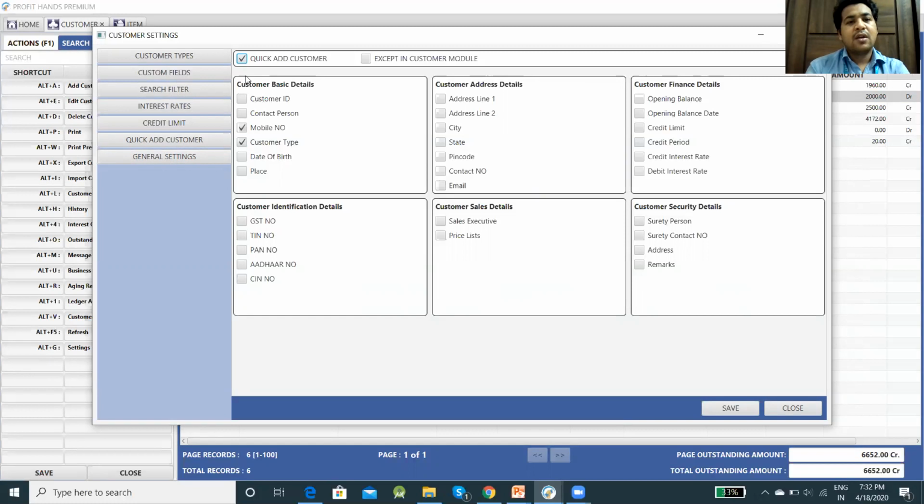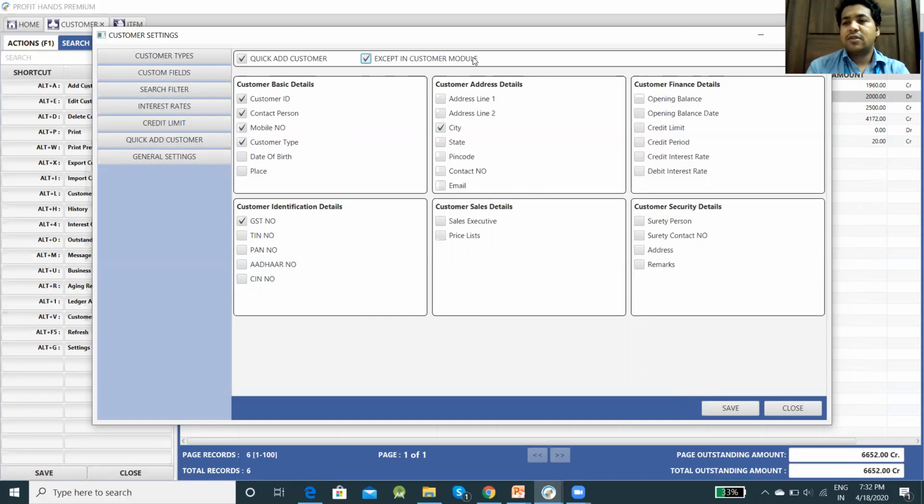That's it. So for this, you can select the parameters: customer ID, contact person, and the type. And I want to see GST number and fill up the CA. That's it. And you have one more checkbox,